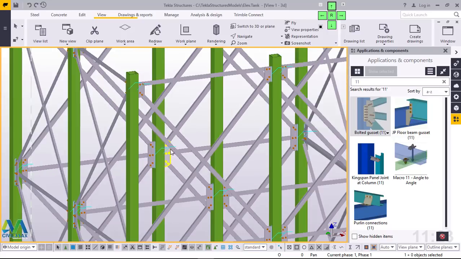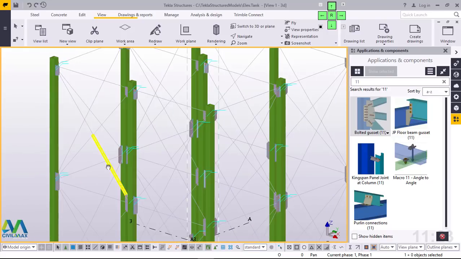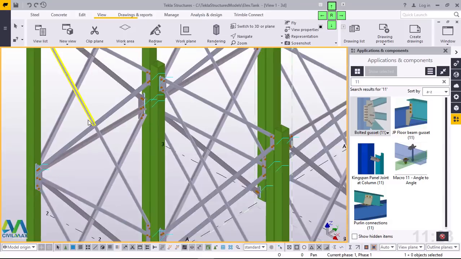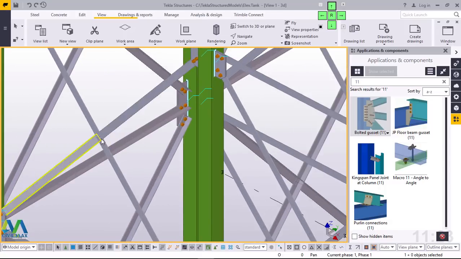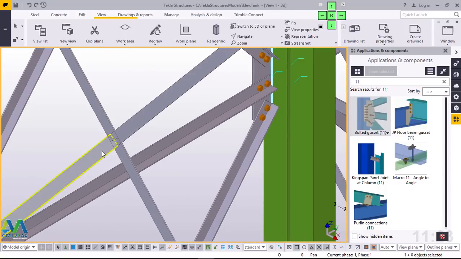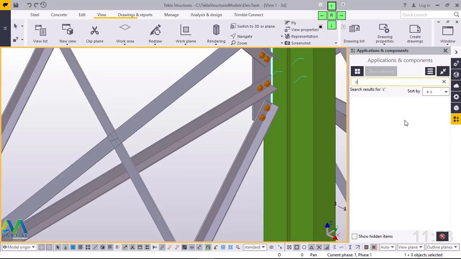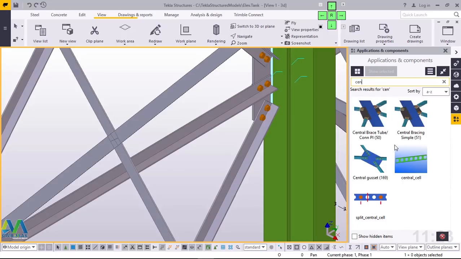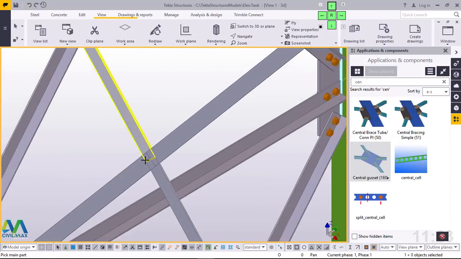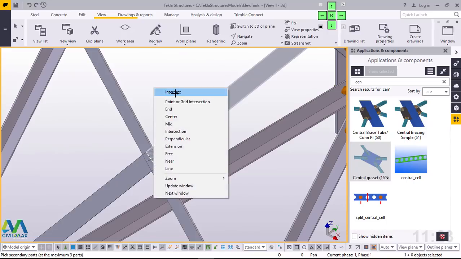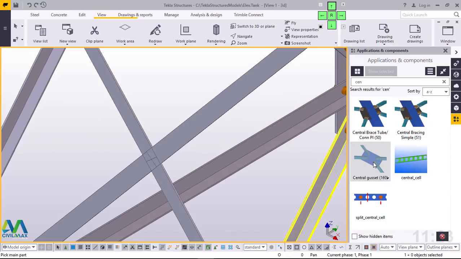Now we want to place these central plates to connect all these 4 braces. Now I'll come right here and just type central, and the same macro will come here, this central gusset plate. I'll pick on it, then I'll click on this member, and prior to doing that, I'll just double click on it to bring that window for